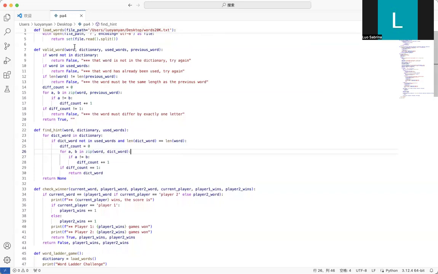So valid words includes word, dictionary, used words, previous word. If the word is not in the dictionary, it's going to return false and say, for a word such as cat, it'll say cat, that word is not in the dictionary, try again. Same as this. And here's another thing, the length of the word. If the length of the word is not equal to the length of the previous word, it's also going to